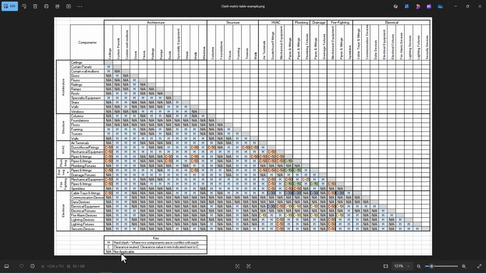So basically, for a clash detection process, we need some sort of a pattern based on which we can find out, for example, that the clashes in between ceilings and curtain panels are hard clashes. Same goes for curtain wall mullions, guys. Or for example, clashes in between ceilings and special equipment, or ceilings and framing. All of these are examples of hard clashes. But the clashes in between ceilings and doors are not critical, so it says NA. Same goes for ceilings and floors, ceilings and railings, so we don't really have to go through the clash detection